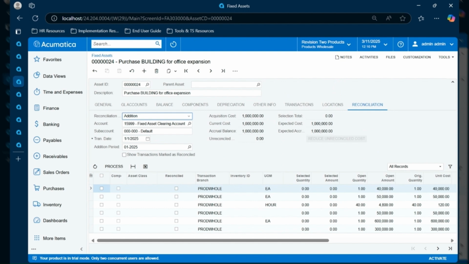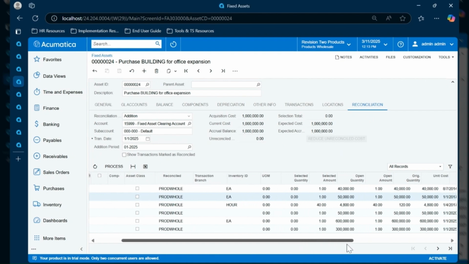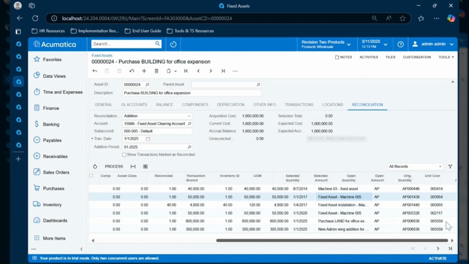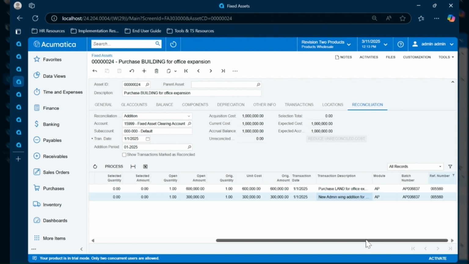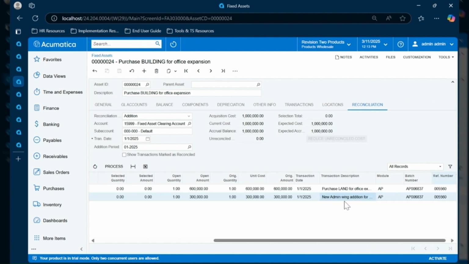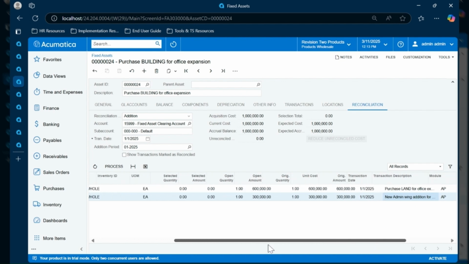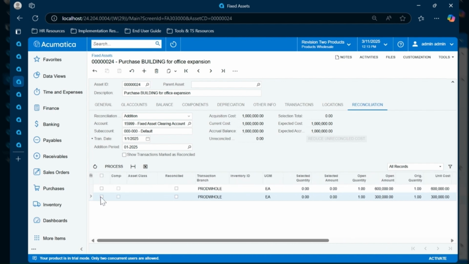We'll navigate to the Reconciliation tab of the asset. We're going to try and find one of the remaining two lines from the original AP bill that we created at the beginning of this example. I'm going to navigate over to the reference number, and I will filter for that AP bill number, and I'll see the two remaining lines that are here. I see the new addition to the building that I need to add. I select,